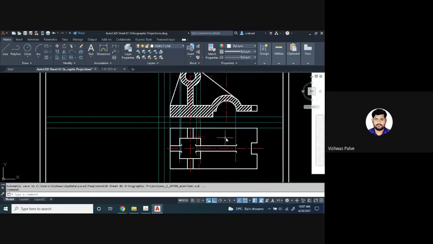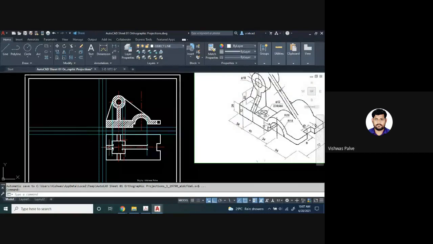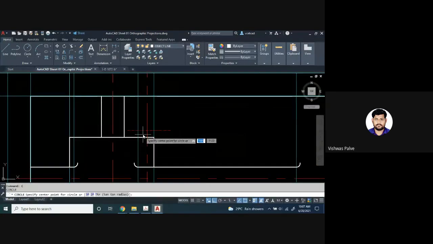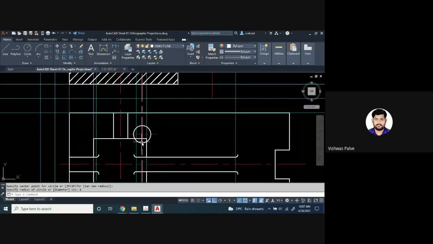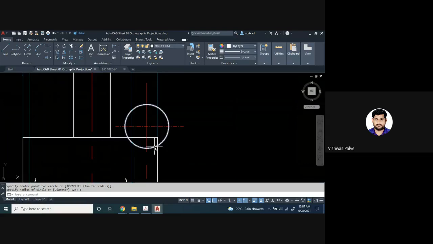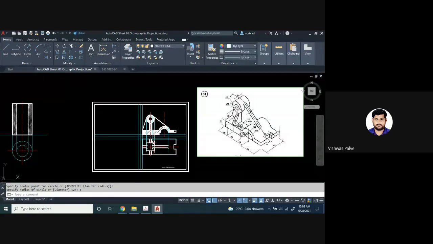So when we observe it from top, if I draw the circle, how much is the radius of that circle? 6 millimeter. So C enter, radius of 6 millimeter. See here what is happening? Half portion of this line is lying inside the circle and half portion is lying outside. There is some edge crossing it. This indicates that when we observe it from top, half of this circular hole is lying underneath this cylinder.